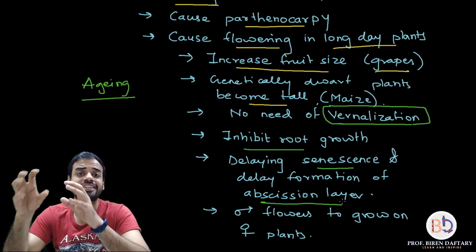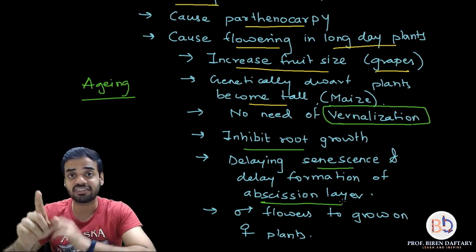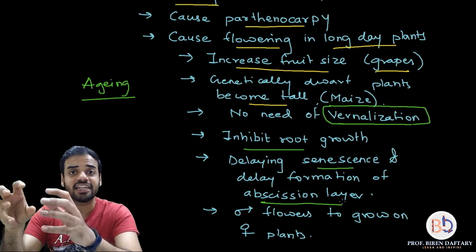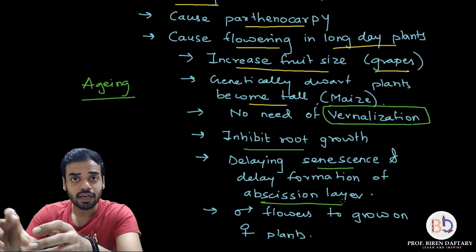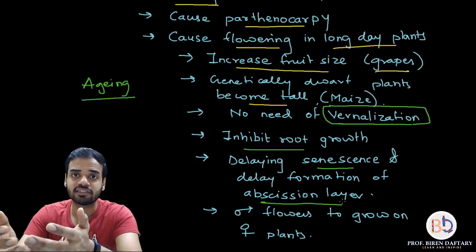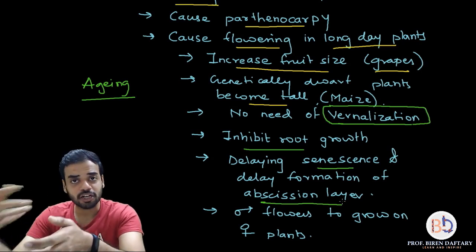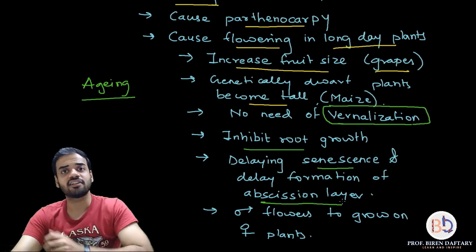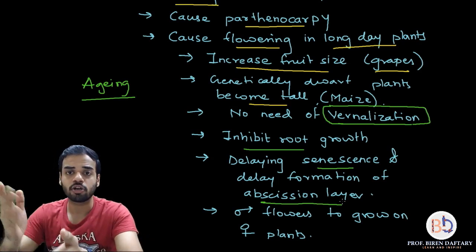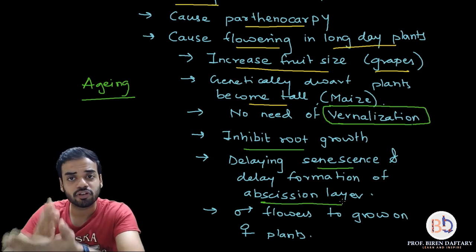You can make the genetically dwarf plants into tall plants. It is not going to change the genetic makeup of the plant. Please remember, when I say a genetically dwarf maize plant, and when I add gibberellins, it is not going to change the genes. Only the phenotype will be changed, not the genotype. Please remember that. So the next plants which grow, the next generation or the next progeny, is not going to have a change in its genotype because of addition of gibberellins. It is just an external change or the phenotypic change.